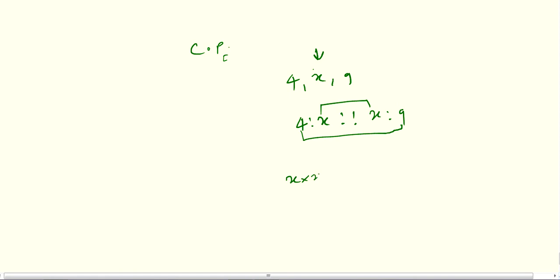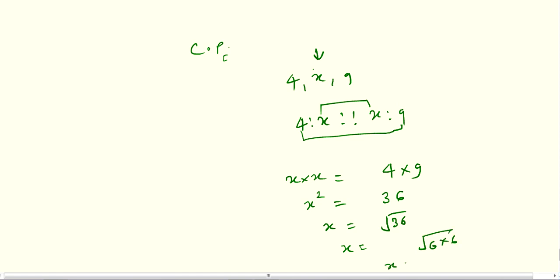Questions 11 and 12, continued proportion is given to you, and as I told you, in continued proportion the middle value plays an important role, just like 4, x and 9. So the middle value is x, so it will be like 4 is to x, proportion x is to 9. Product of means equals product of extremes. So x into x will equal 4 into 9. x into x, x square equals 36. x equals under root 36. As you know, 36 is a square of 6. So x equals what? Only 6. This is your required answer.